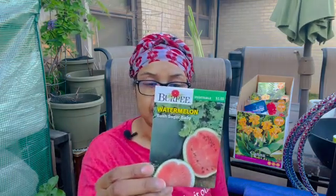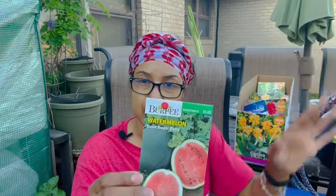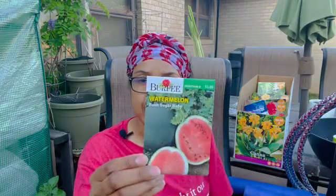Now I did have some bush sugar baby watermelon seeds. They were old as Methuselah, meaning old as dirt. And so I happened to find these just cast off in another area. So I thought I will try that. I did put a couple of seeds of bush watermelon in the garden. I don't remember if it was sugar baby or not. I think it was, because I want to say that's the only ones that I had that were bush. And I dropped a few of those in there, but they're old and I don't know if they'll come to